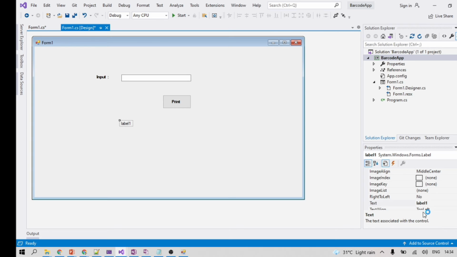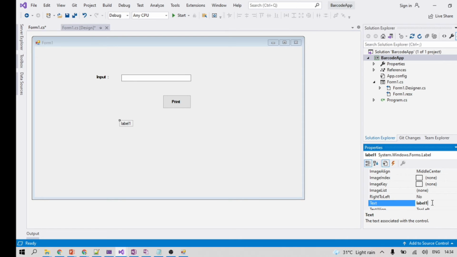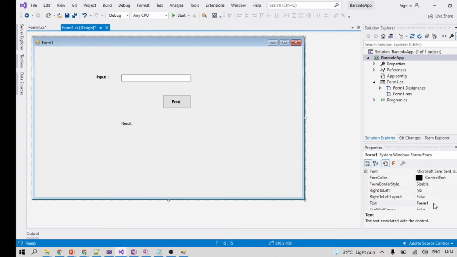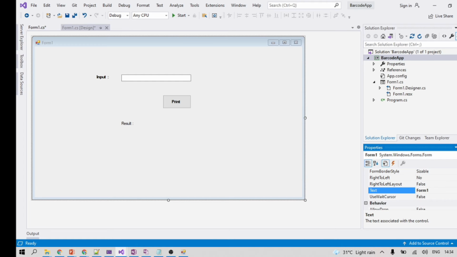Label is here. What text is there? Label 1. Instead of this we can put result. You can also make it bold.